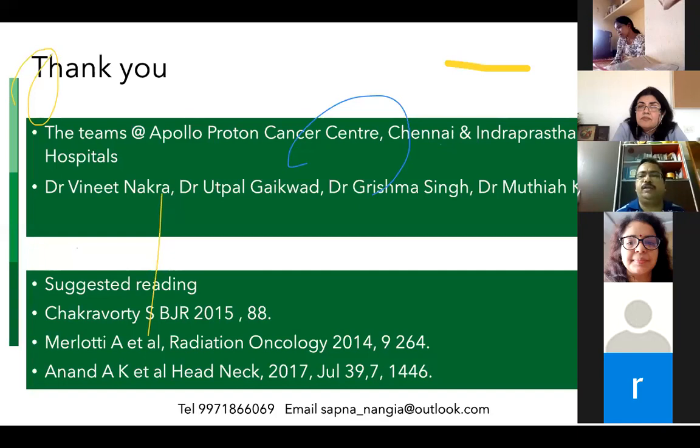Next question is related to the indication of concurrent chemotherapy. I think you covered it, yes. But since it was asked, you can briefly answer it. The standard recommendation for post-op CTRT is margin positive and node positive with ECE. However, the softer indications are PNI, LVSI, and involvement of level 4 nodes. These should definitely be considered in young patients where we would like to treat aggressively.